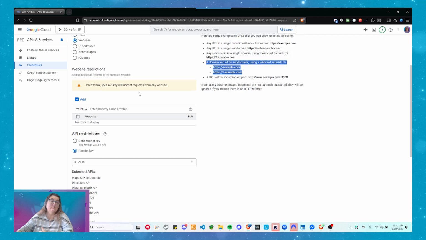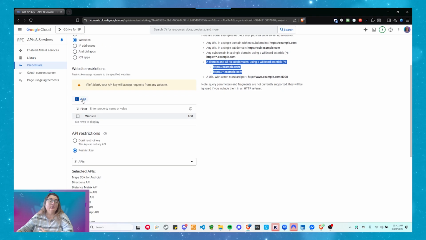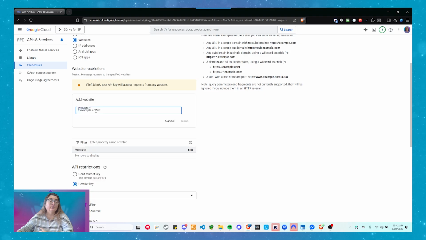Okay, so we need to lock this down so that someone can't get a copy of the key, however they might do it, and use it on their websites and run up your billing account. Click on the add button. There's an add button just under that says add, with a plus sign next to it, and put in